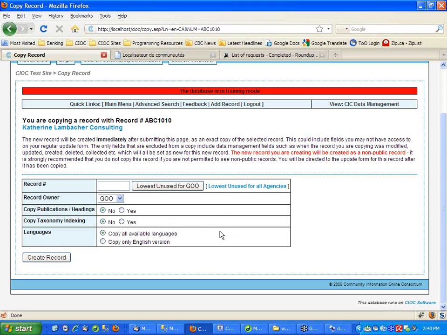One of the things that Ross noted today was that if you fail to provide a record number when you're creating this new record from a copy, it's automatically going to use the lowest unused number, which in this case is GU40. So if I hadn't provided another record number, when I hit create, it's automatically going to use the lowest unused number. You have the opportunity to change that number later. If I didn't like GU40, I could, as soon as I get to the update form, which is the next page, change the number